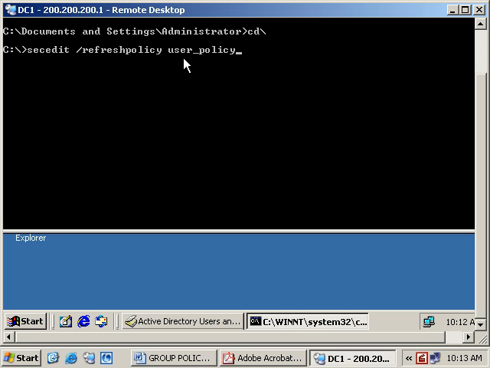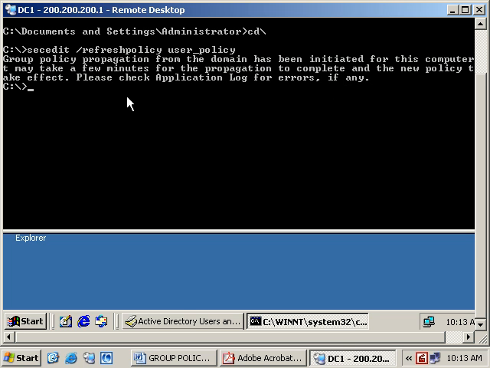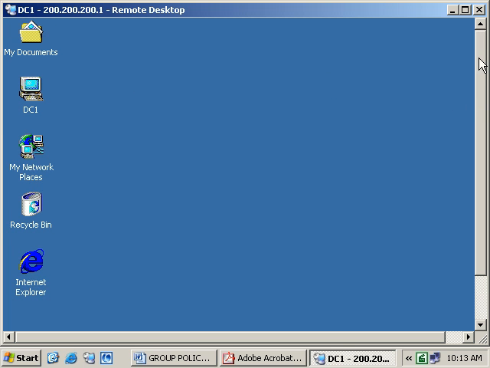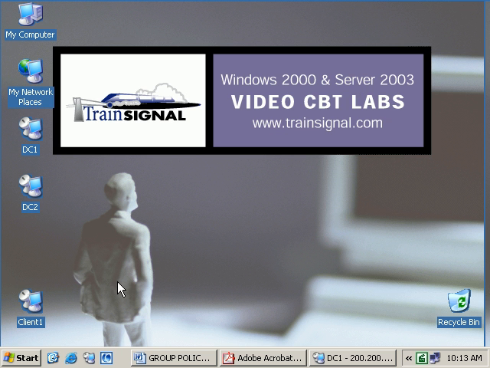Because I created this policy under the user node, I'm going to say user underscore policy. Had I done the same thing under the computer configuration node, I would have said computer underscore policy. So I'm going to hit enter, and again this is optional. Even now it says give me a few minutes and I'll make sure that the application gets pushed to the domain. So I'm going to exit out of here, minimize this, and now we are ready to